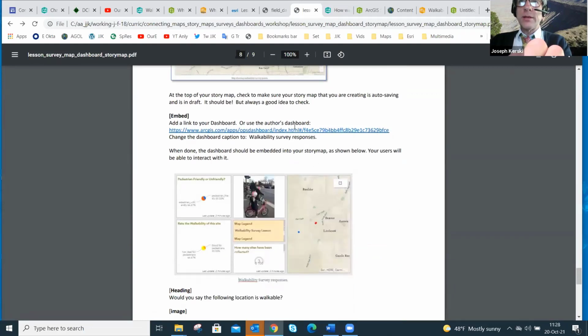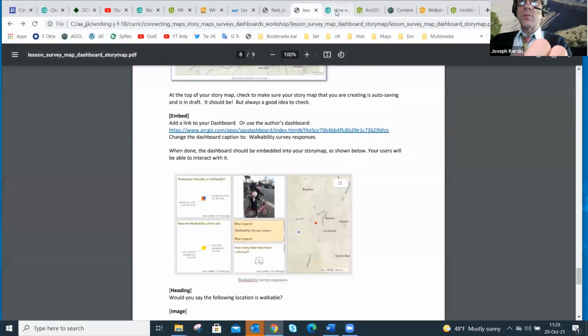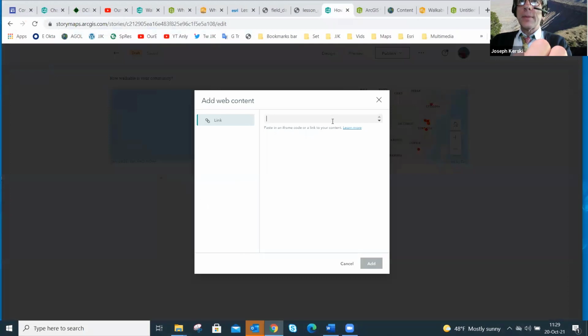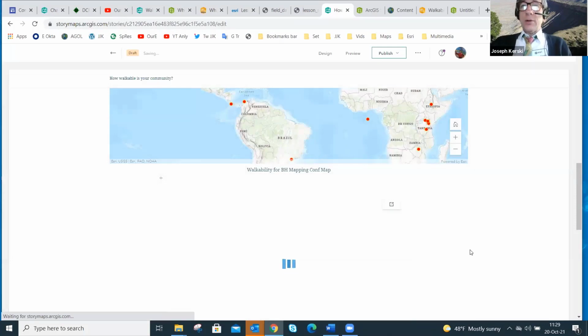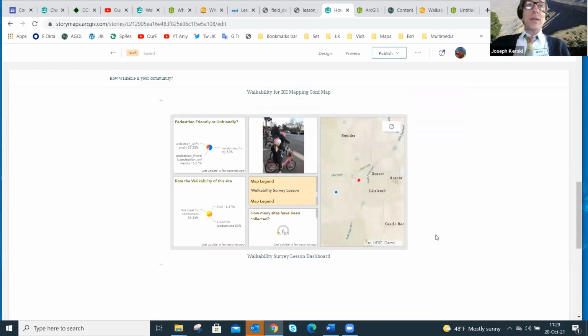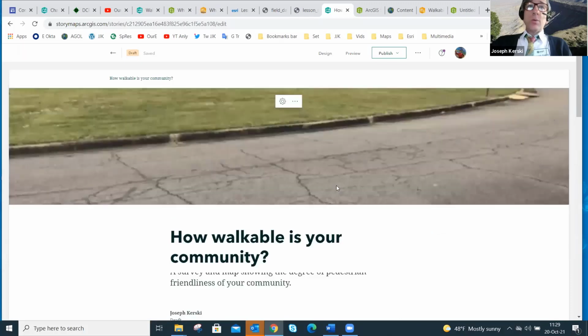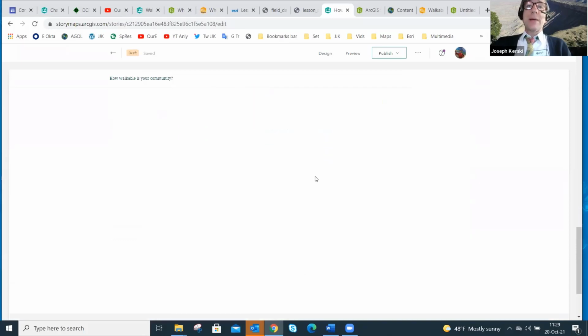Let's use this one right here, and let's go to new window and paste that one into my story map. Okay. So here we have a dashboard inside my story map, along with an image, a title, some text, a web map.